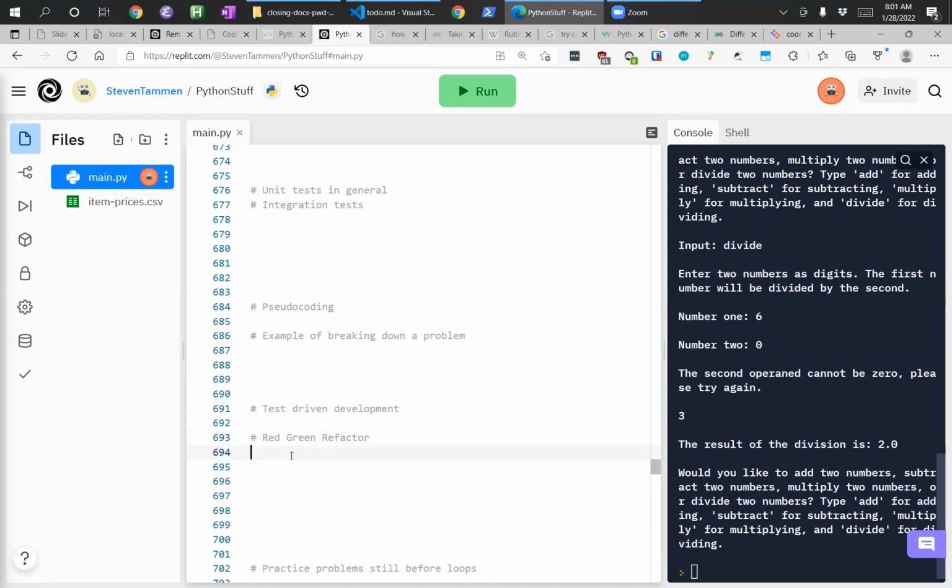A really easy way to do this, for our example of a function that takes in two parameters, let's say number 1 and number 2, just like our add function does. Well, if you call a function with both parameters 5, then you'd expect the return value to be 10. So rather than worrying that maybe I didn't do the addition correctly, what if you just hard code 10? You say, no matter what you give me in that function, always return 10. Well, then when you call that function with two 5s, you are guaranteed that your test will pass, right?